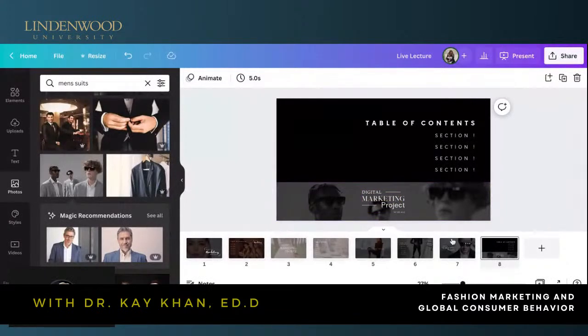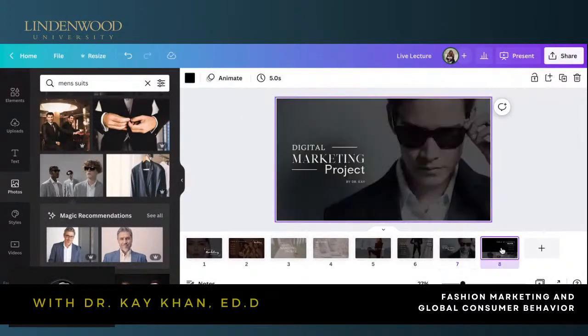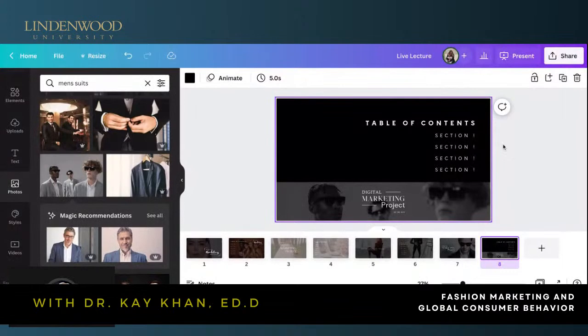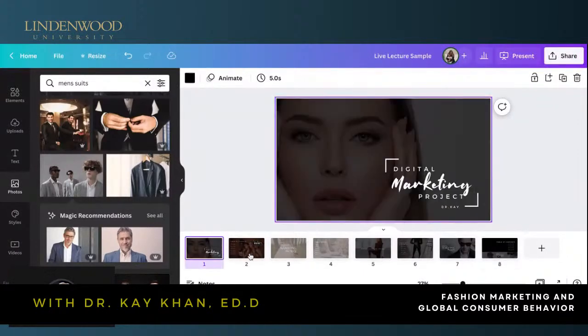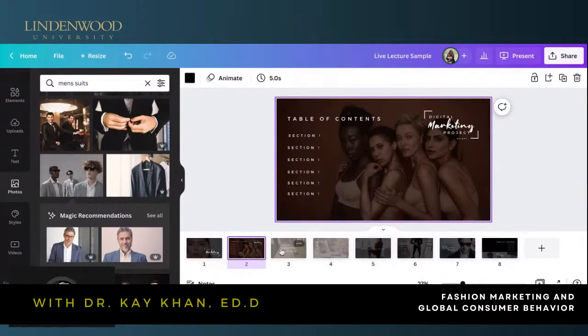This is the first page. And then this is the second page. So we have all these, and I'm going to make this a live lecture sample. I'm actually going to load this into the course sometime today so that you guys can look at these examples for inspiration. When I started doing a lot of graphic design work, I used a lot of work that I saw as inspiration.